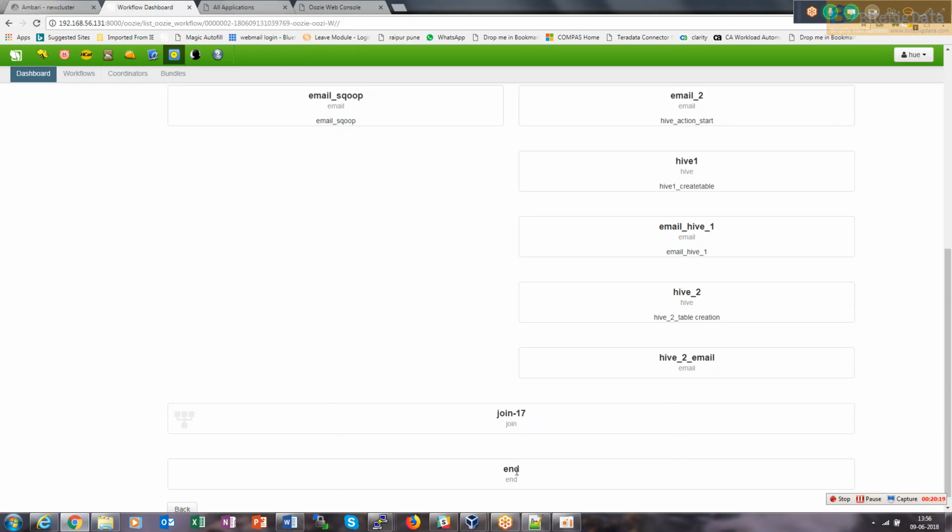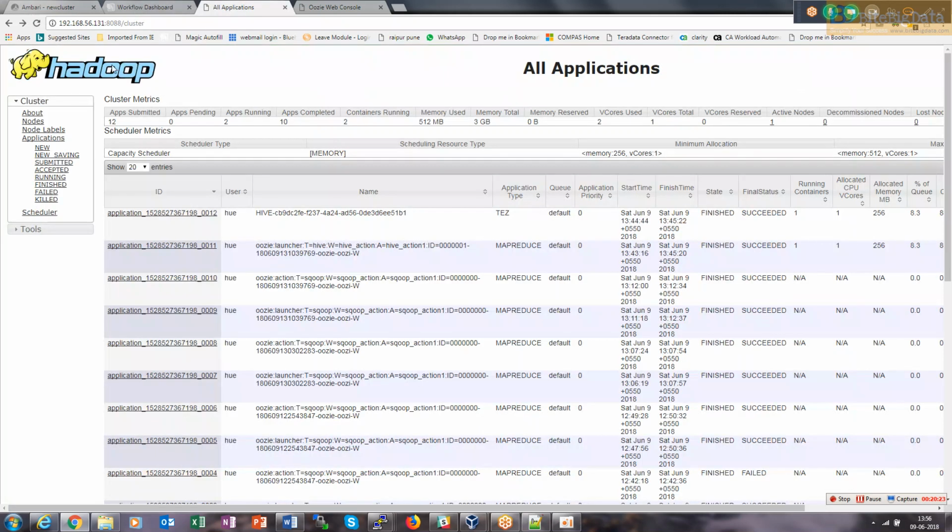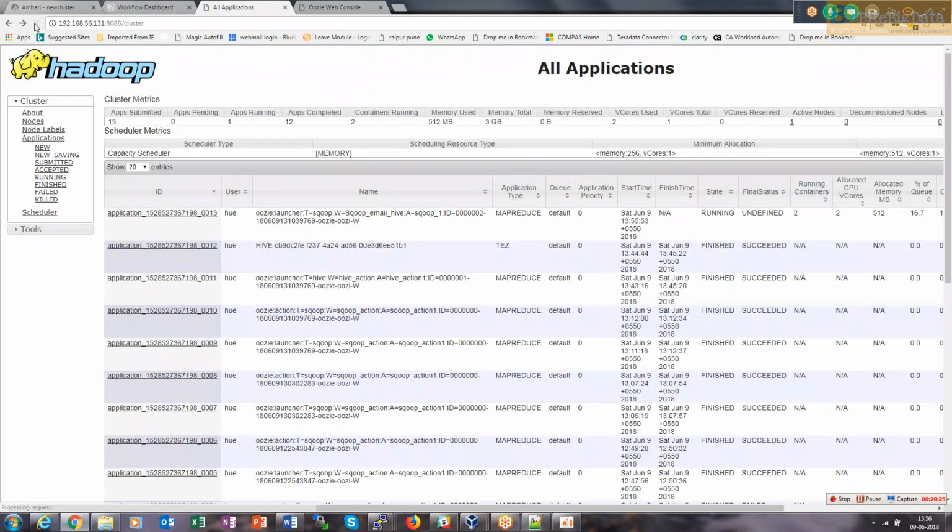You could have put one more thing, that the overall execution is completed, one more email action we can put over here. So let's wait and see how it goes. Once we finish this, we will try to see the coordinator job flow. Currently, as soon as we submit the action, the overall workflow starts executing, right? But what we require, if